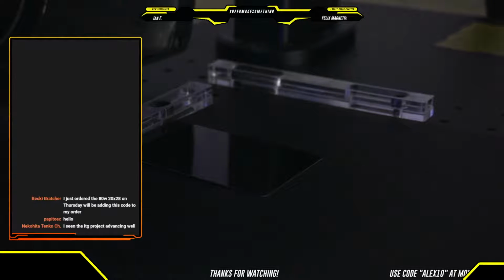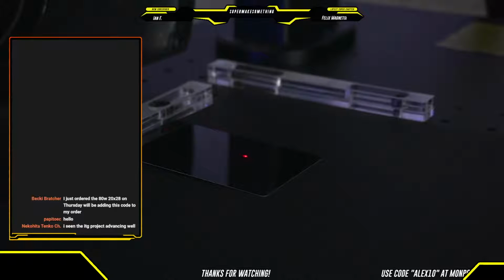And here we go. Oop, there we go. So turns out that you need power to use lasers. Who knew? Alrighty. So with the power on, the first thing that you'll notice is that you see a little